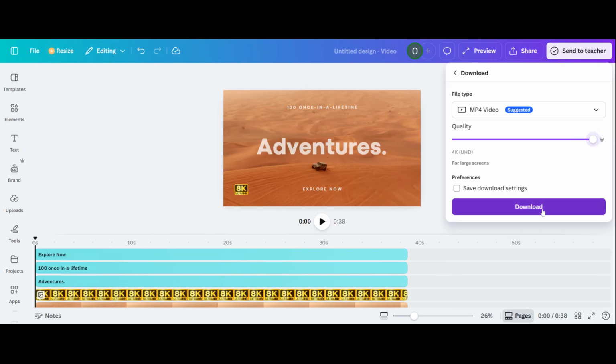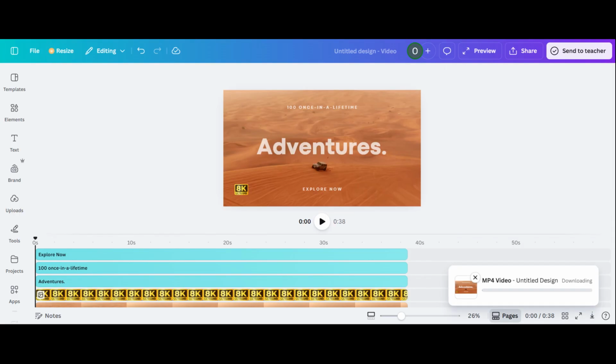Canva will start processing your video, and after a short wait, the file will be saved to your device. And that's it. Your Canva video is now downloaded in high quality and ready to be uploaded, shared, or edited